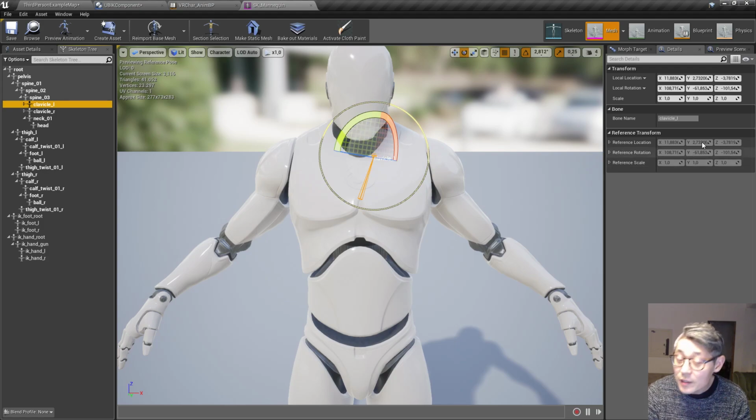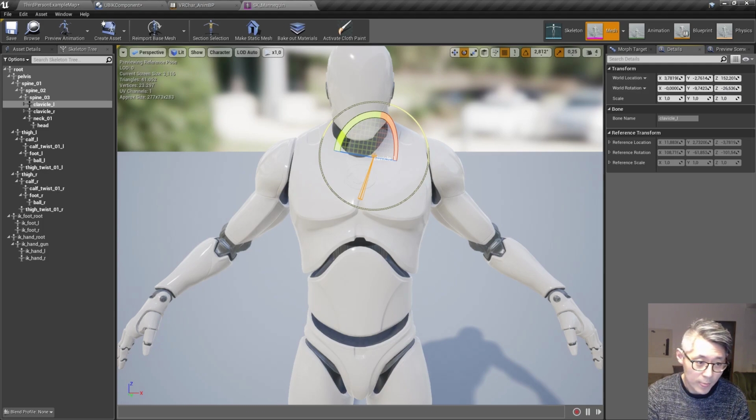So what I did with this was, if we switch out in the details here, we can have the clavicle selected, select world, oh no, world here, world location. I can see the C level here is